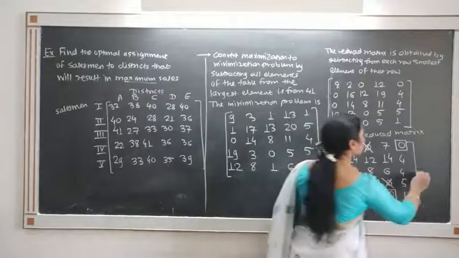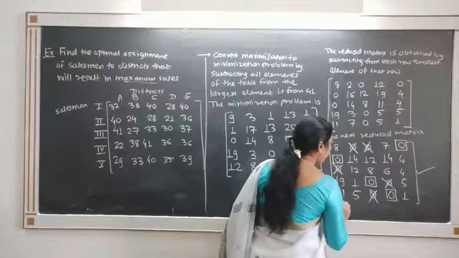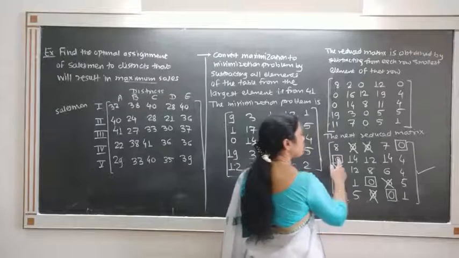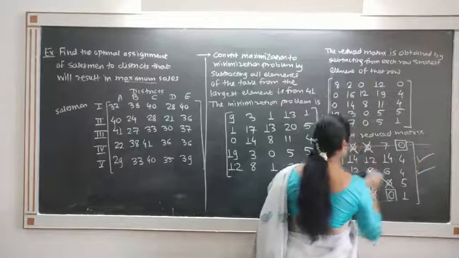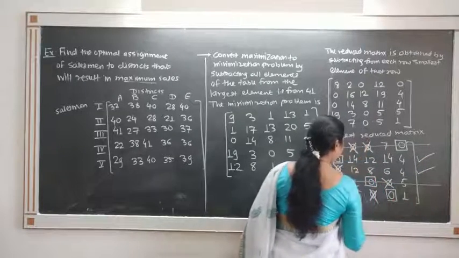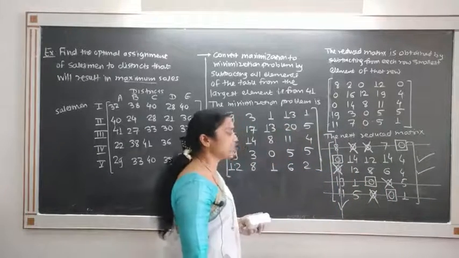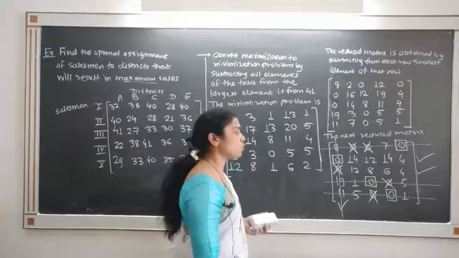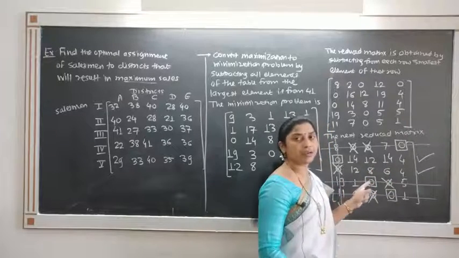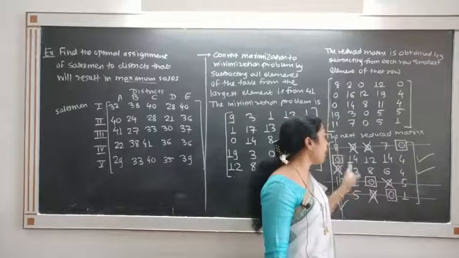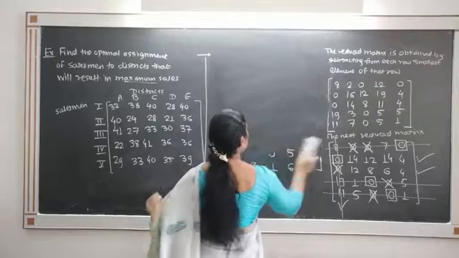So tick the row which does not contain an assignment. In that marked row, mark the column where 0 appears, and in that column mark the row where the assigned 0 appears. The unmarked rows and marked columns give the minimum number of horizontal and vertical lines that will cover all zeros. Now from the remaining uncovered elements, find the smallest element, subtract it from the uncovered elements and add it at the intersection points. So we get the new matrix.